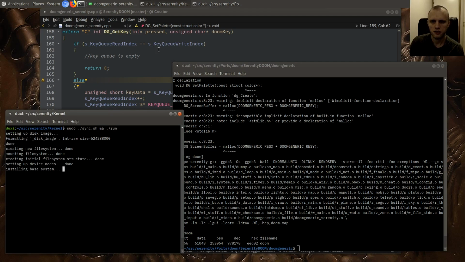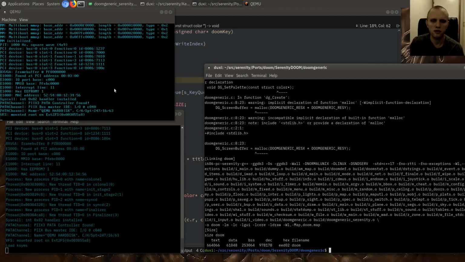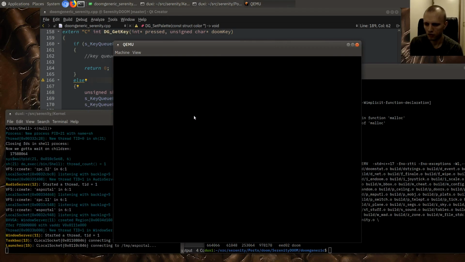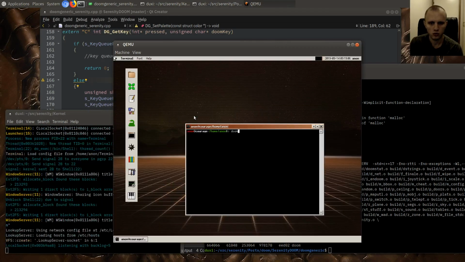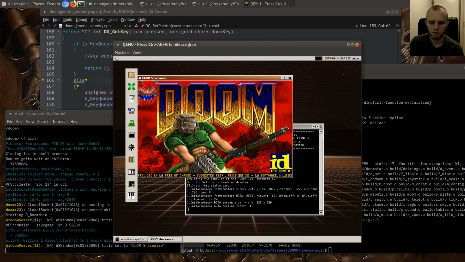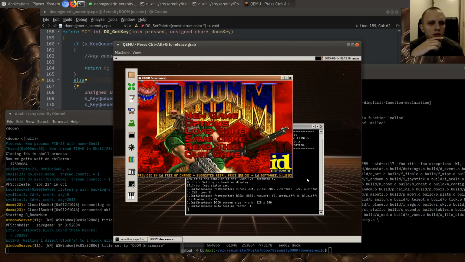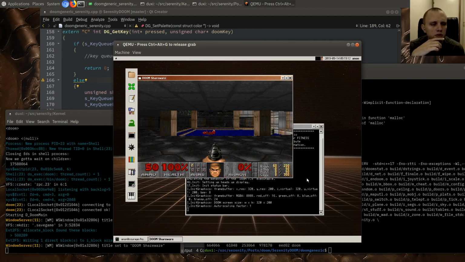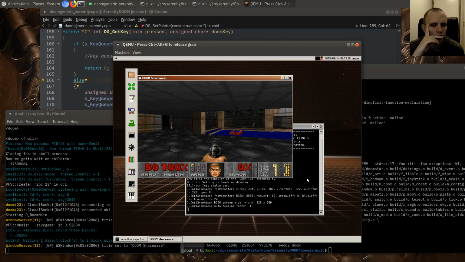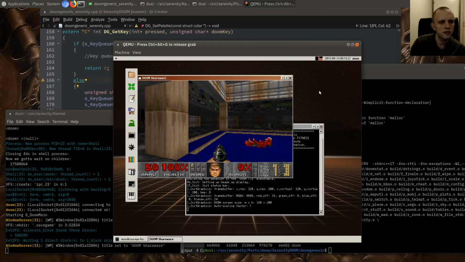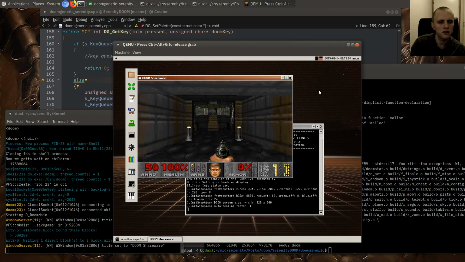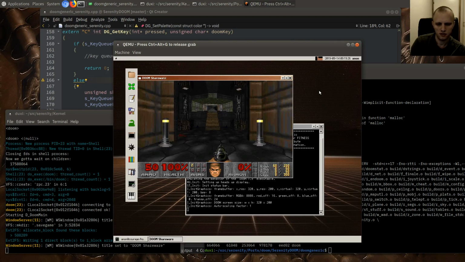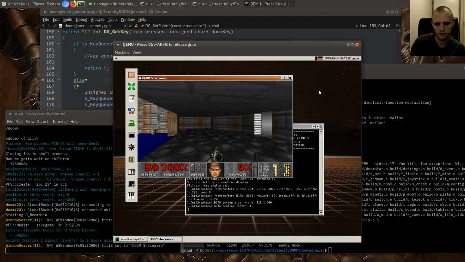Okay, so let's try this. Now that we are setting the palette as well. Boom. All right. Does this do much for CPU usage? Oh, well, look at that. We're not nearly at the top anymore. So we're definitely seeing an improvement in CPU usage here. That's awesome. Game still plays okay. Still a little stuttery, but